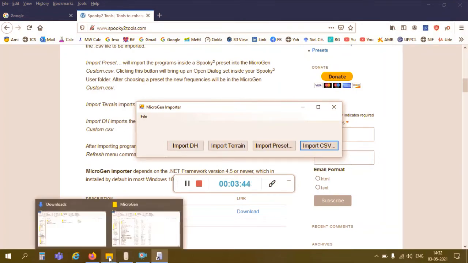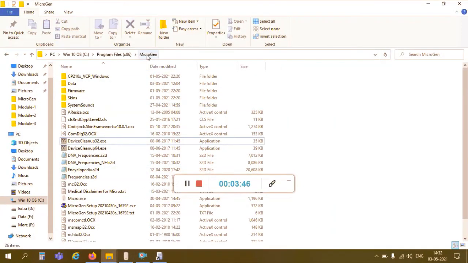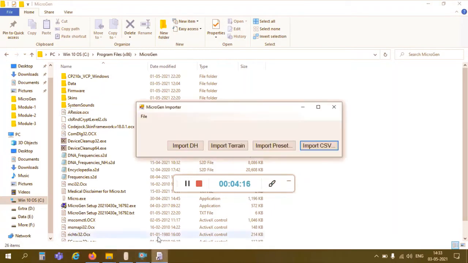Before that, I should tell you that when you go inside this folder, which is C drive program files x86 MicroGen, this is the folder where your MicroGen gets installed. You will see that there is no custom.csv file here. In this folder, you will have a custom.csv file formed once you import DH and import terrain or any other option. So let me go back to the software again